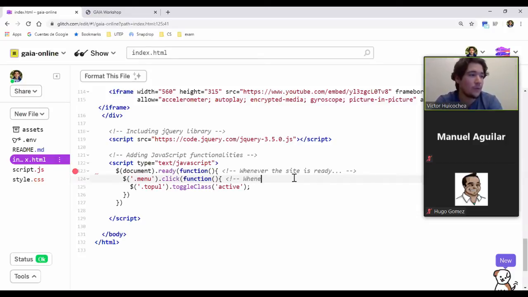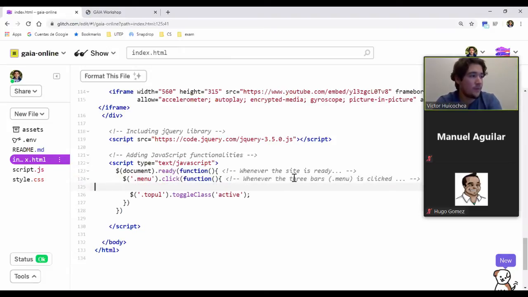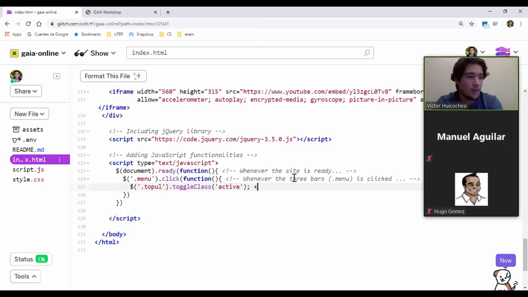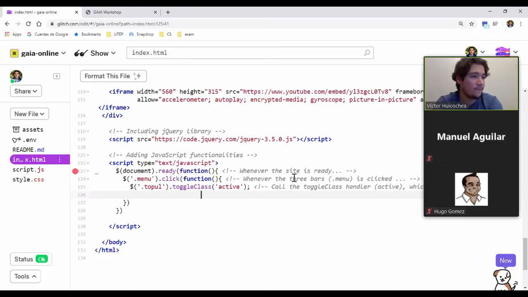Whenever the 3 bars, which is the top menu, is clicked, we are going to be calling the toggle class handler. And in this case, it is active, which will alter